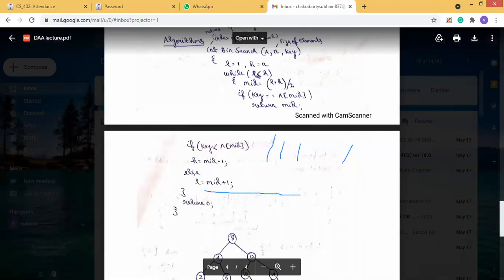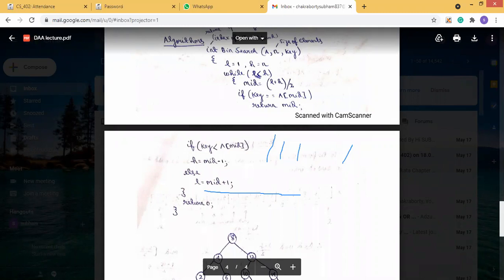Else, if the key is greater than a[mid], we move the low to mid plus 1, and we return the value. So that's how the binary search algorithm works.